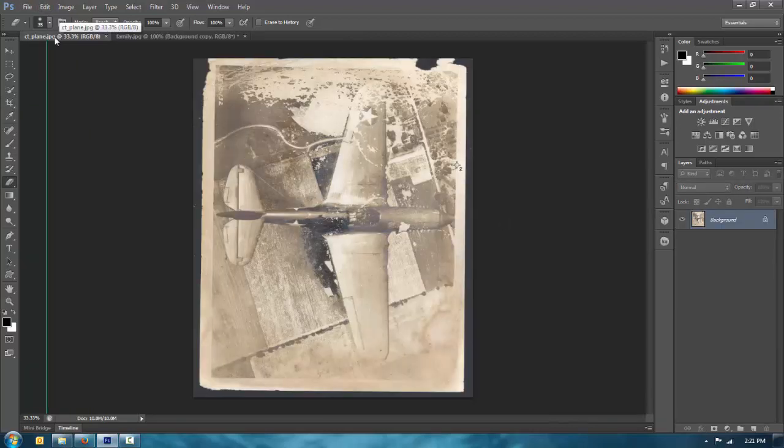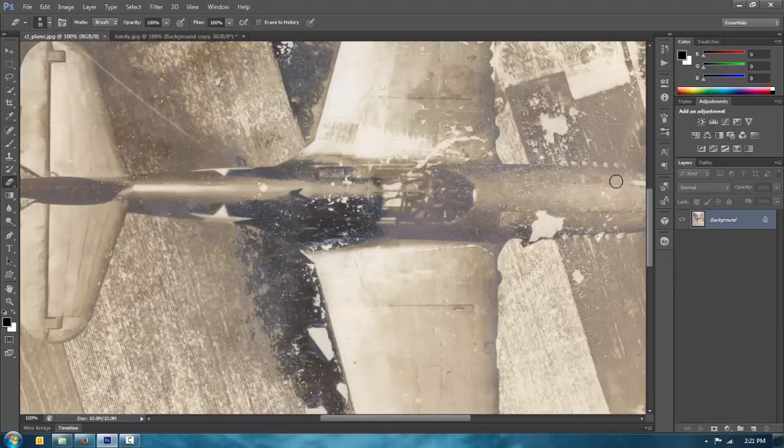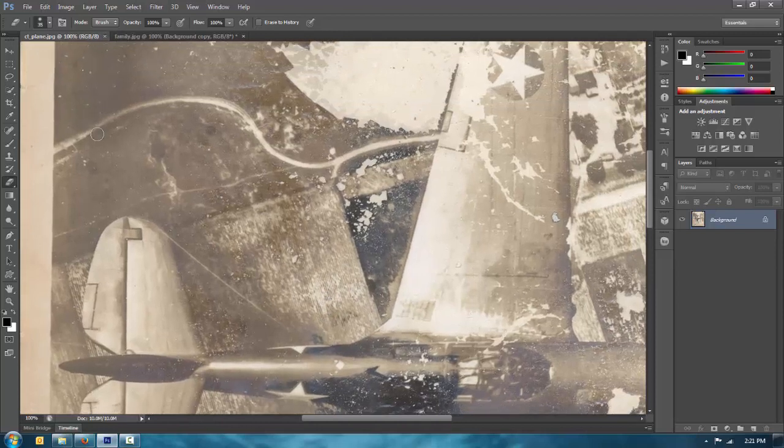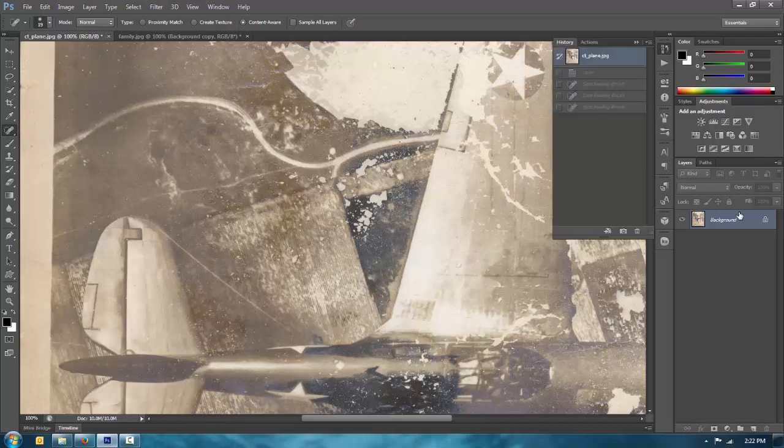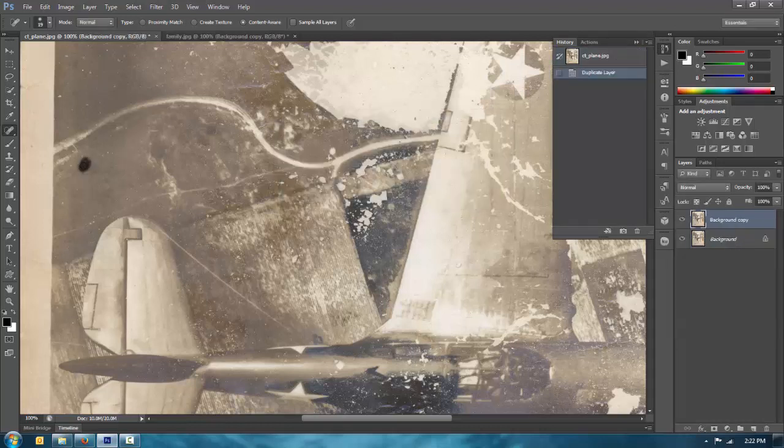Same thing with this guy. This has larger amounts of damage, and it's easier to kind of fudge the backdrop because, you know, it's land from the air, you know. Oops, I need to duplicate the layer and work from that. There we go. So my biggest suggestion in this case, and you can see that there's some color shift as well, is if you're running into problems with color, you don't have to, but feel free to make an adjustment layer